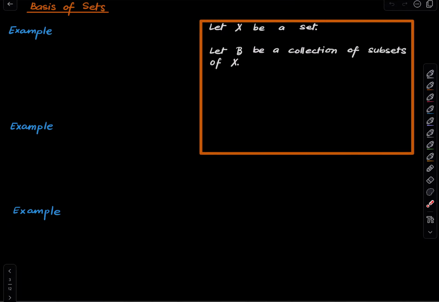So we will define what is meant by a basis of sets. Fix any non-empty set X and let script B be a collection of subsets of X. Okay? So we say script B is a basis on X if,